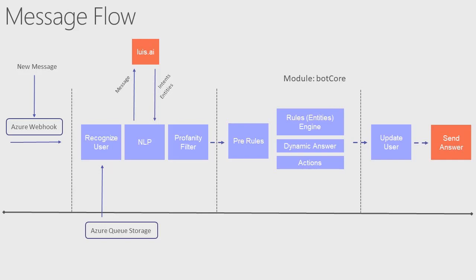In this example, we're using Ludus.ai. So we send the message. This is a nice way to exemplify how this works. So we send the message, which is basically the question that we have from the user, and we get back a couple of things. We are getting back the intents and the entities. The intents are basically the actions that the bot will take and execute, and the entities are the different subjects